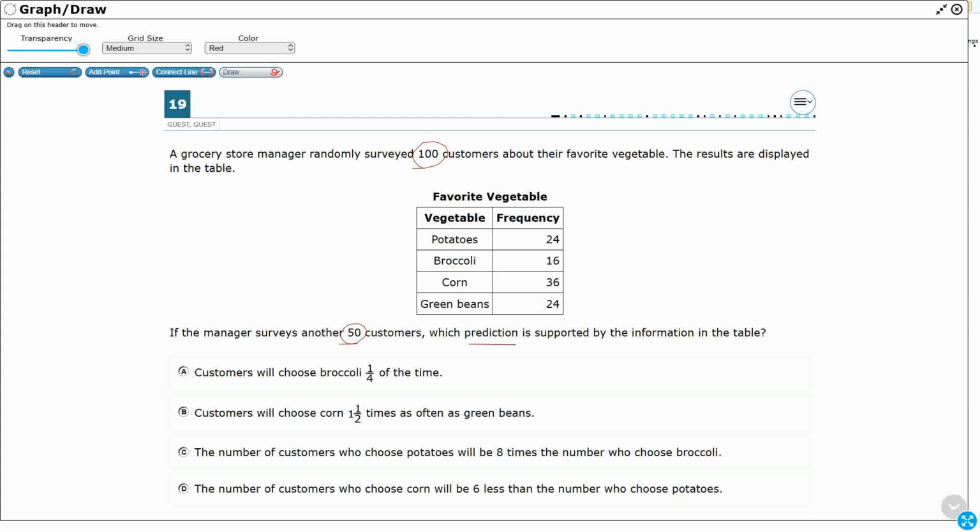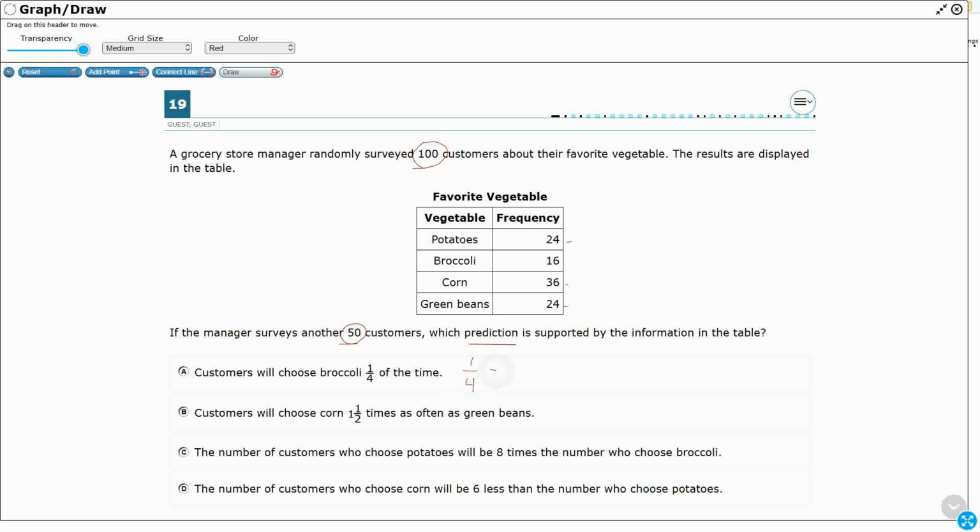We've got our potatoes and green beans seem to be equal. Looks like most people like corn, at least amount of people like broccoli. Not saying that I blame them. All right, so we're looking at customers will choose broccoli 1/4 of the time. Well, what does 1/4 of the time mean? Well, we're looking to see if 1/4 of the time